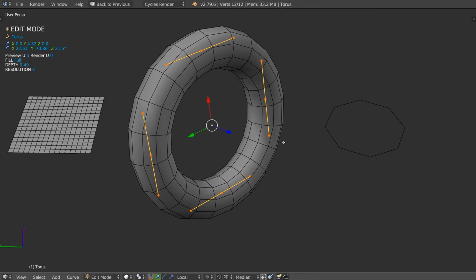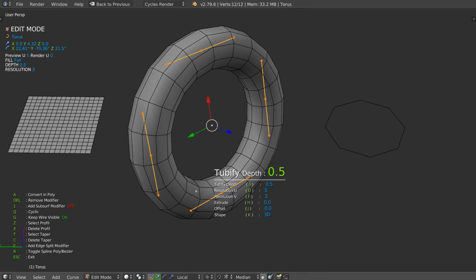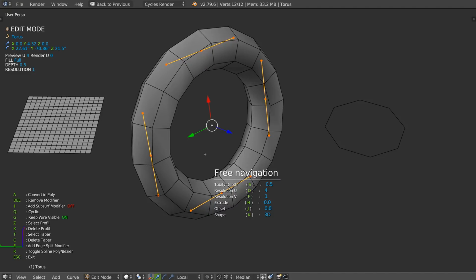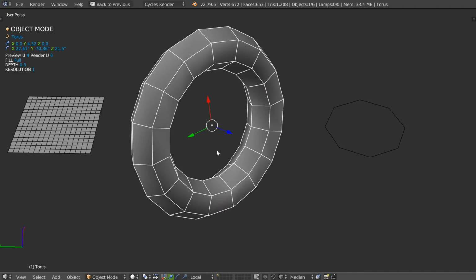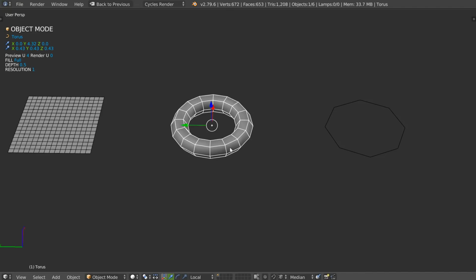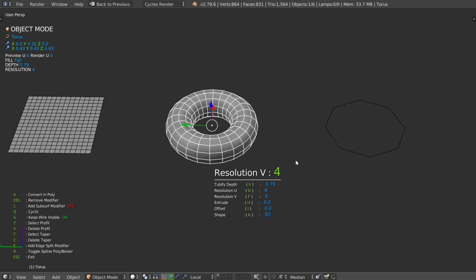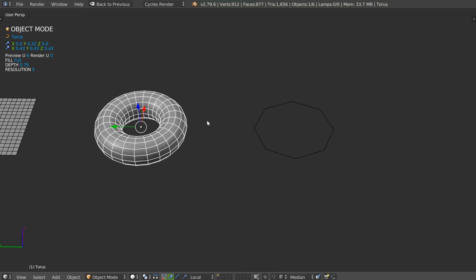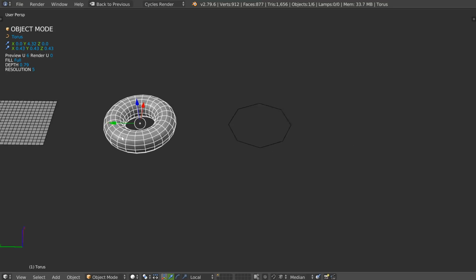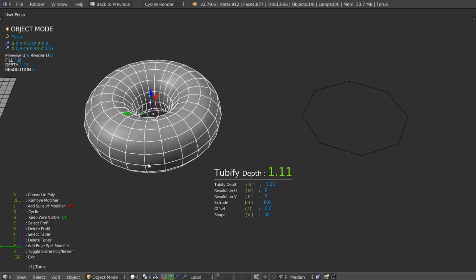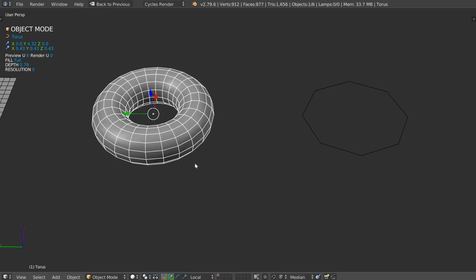I can even edit this like that. So, as you can see, also pretty interesting. Fully editable. If you are okay with this, you can press Alt C, convert from mesh, and that's it, or call Tubify and press A to convert it to mesh.